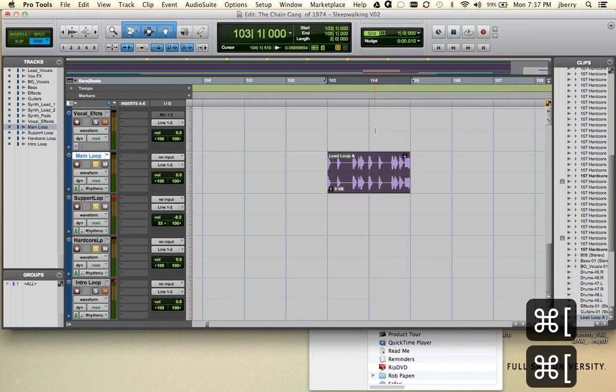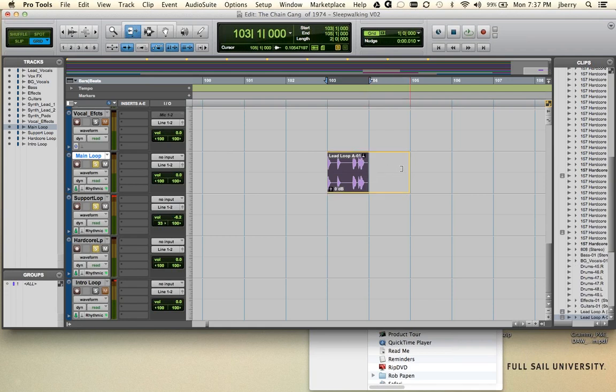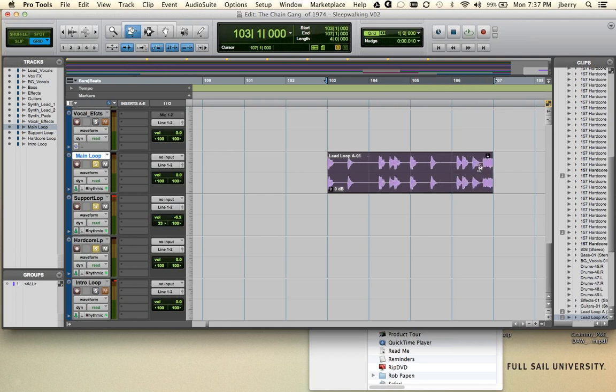Notice here with the TCE tool, normally with the standard trim tool, you grab it and you trim, right? Of course, it's locking to the grid, so it just trims to the grid. But in this case, we're actually stretching the audio, time compression or expanding. So we're expanding it to be twice its original length. Now, there are some artifacts to this. If you go back and listen to it,